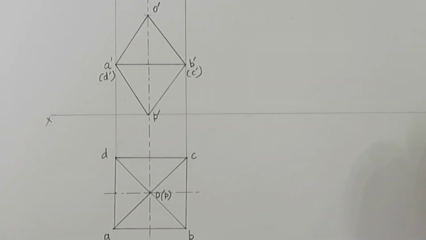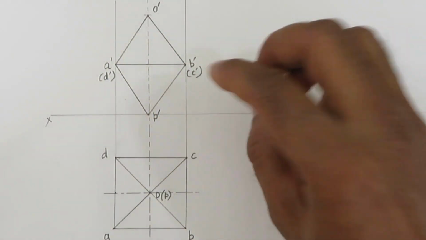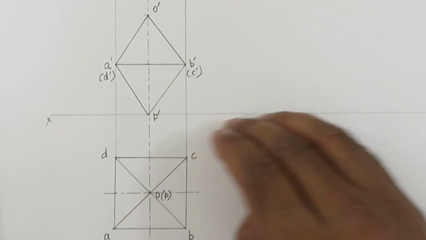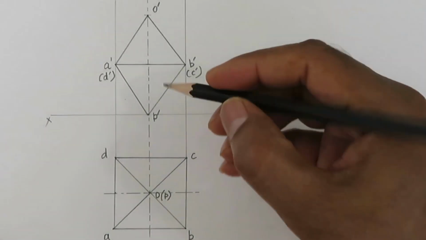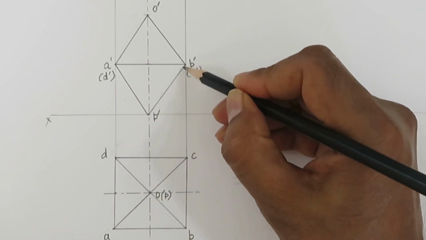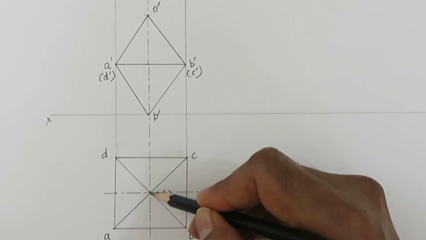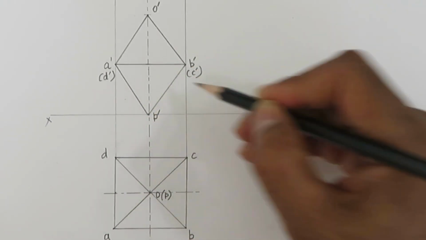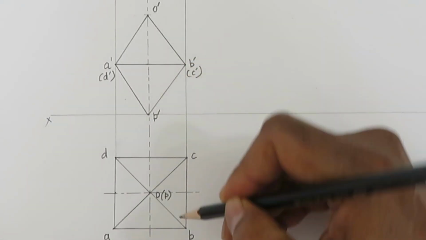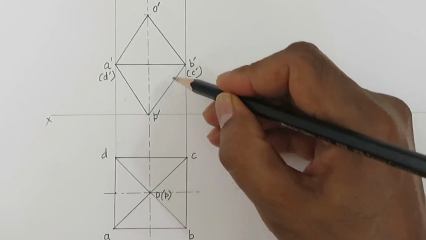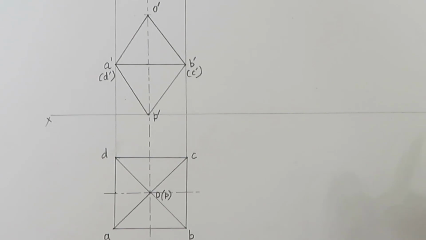So now we will rotate this such that one of the triangular face is on the HP. So that means we will start from the reference line. So we will use this triangular face, triangular face BCP. So on the lower side BCP, we will put it on the HP. So we will put B, C and P, this triangle on the lower side, on the HP. So we will start from the reference line.